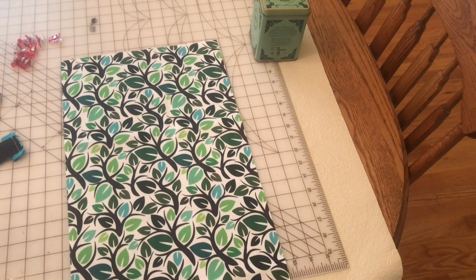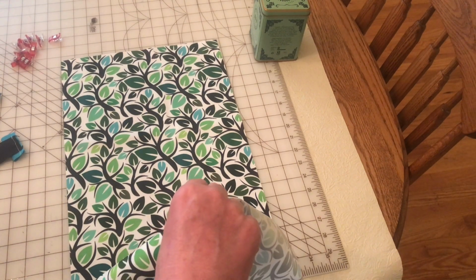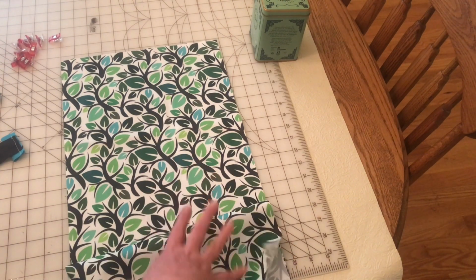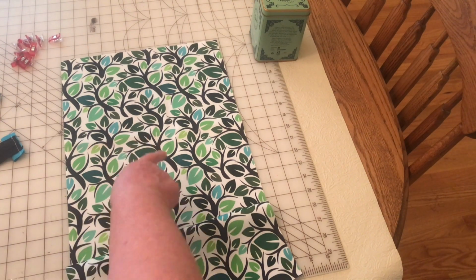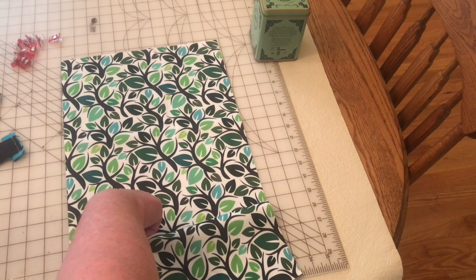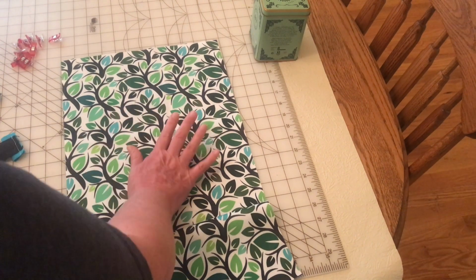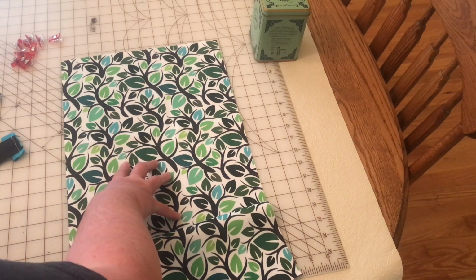I think my fabric here is directional, but it's kind of abstract in nature. They could be trees, they could be branches. So I'm not worried about direction here, but if you do, you want to make sure that you think about what side is going to be the front of the bag. I want this to be the front of my bag,